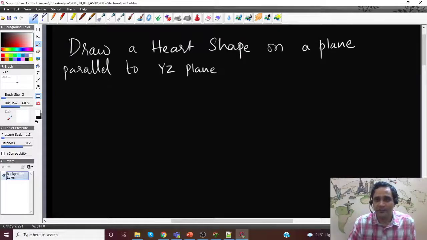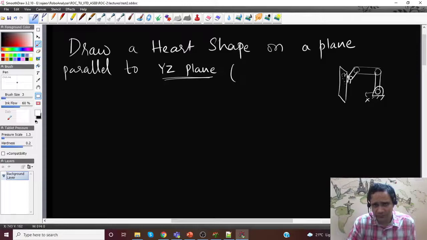So that means I have a robot like this, and if this is my x direction, I will have a plane something like this, and this robot will draw a heart on this plane. That is what we want. You can change the plane accordingly, that's not a problem. So that means in our sample we'll have x as some constant value.